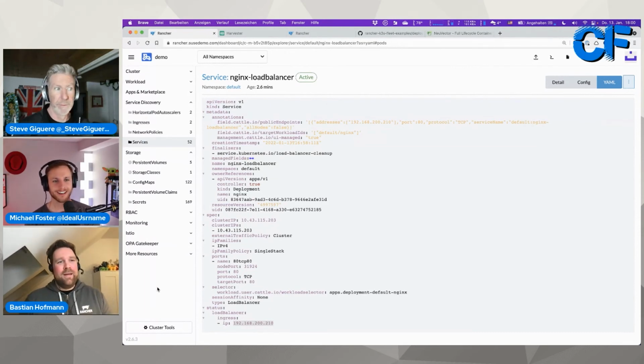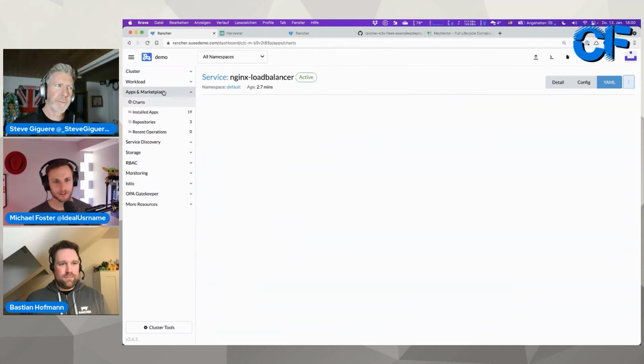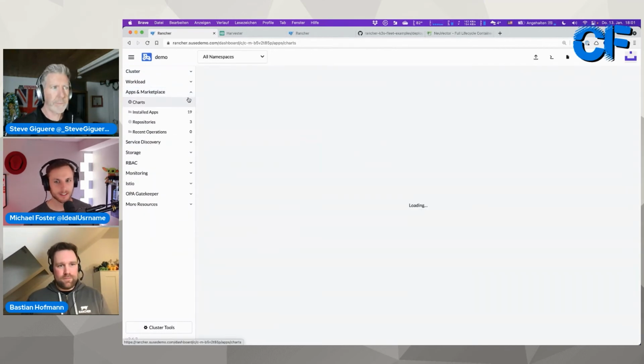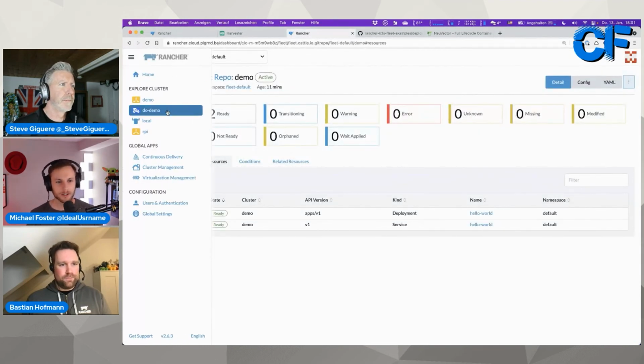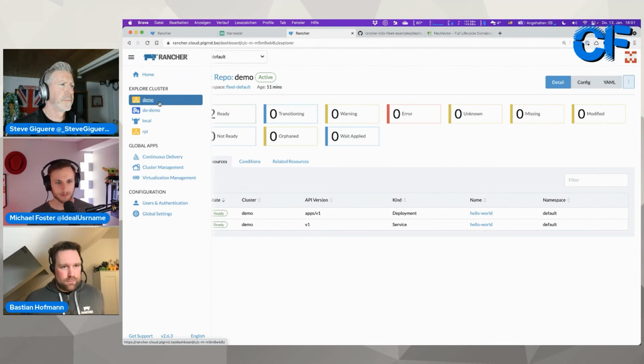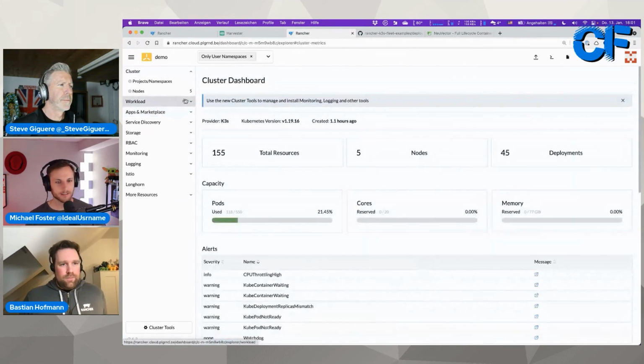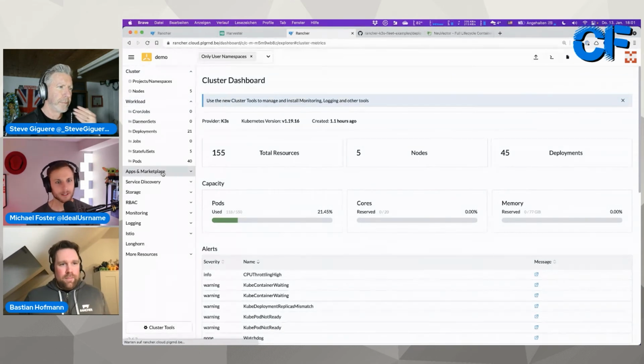That's my problem. One of the things that changed in 2.6 was, I think it was the apps and marketplace. The marketplace in the old Rancher was massive, right? And I think it's been trimmed down a little bit. Yeah. Was there a specific reason for it? I know you said that you wanted to get more up to industry standard. Was there sort of a concerted effort in the marketplace to say, hey, here are the apps that we want to make sure have